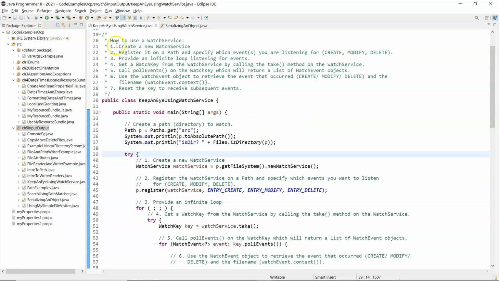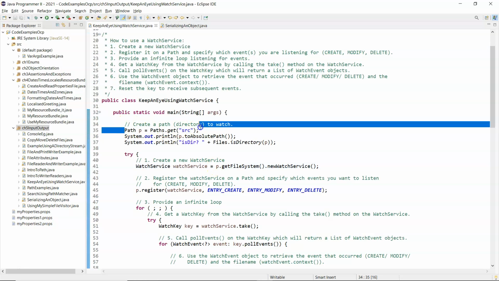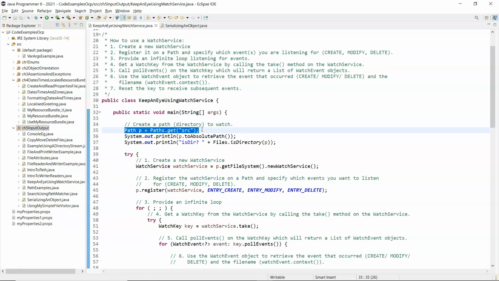I'm just going to read these out. So firstly, you need to create a new watch service. That's number one, and that is done there: instantiate a watch service. You need to use the path there. The first thing it's done here is create a path to a certain folder, and I'm choosing the source folder here where my